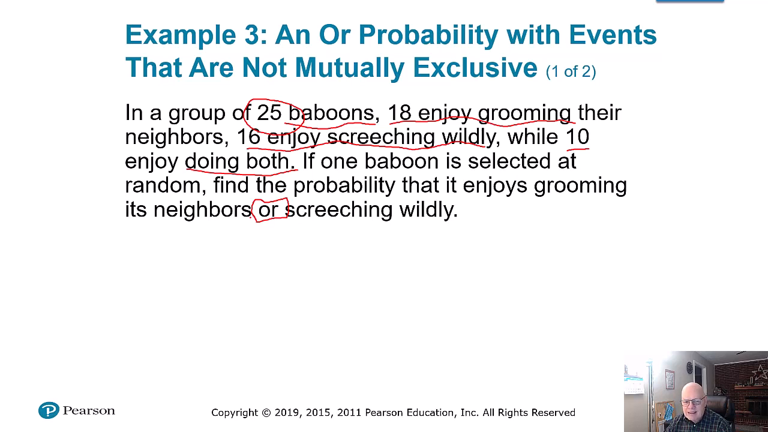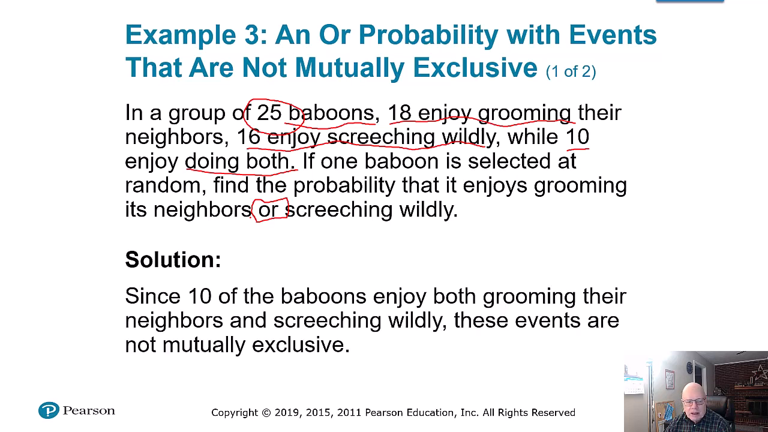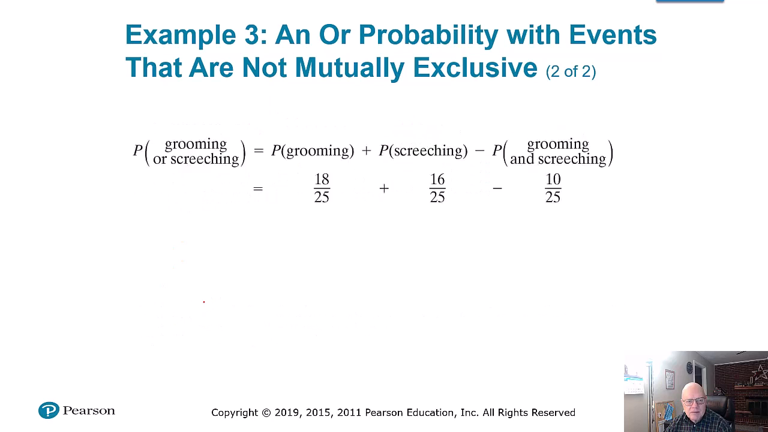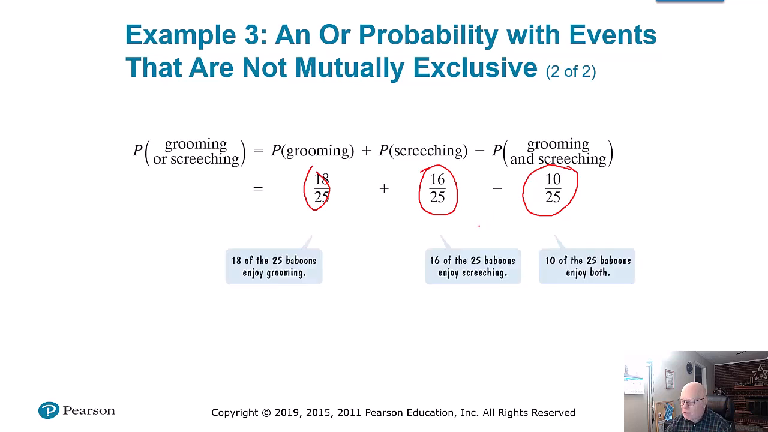Well, yes. So, if we want the solution, since 10 enjoy both of them, here's the probability they like grooming, the probability they like screeching, and in that process of adding those two together, we had these 10 twice. The 10 were included in the 18, the 10 were included in the 16 as well. So a little bit of arithmetic there, simple fractions,